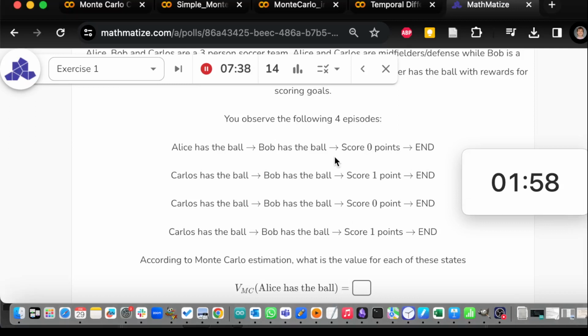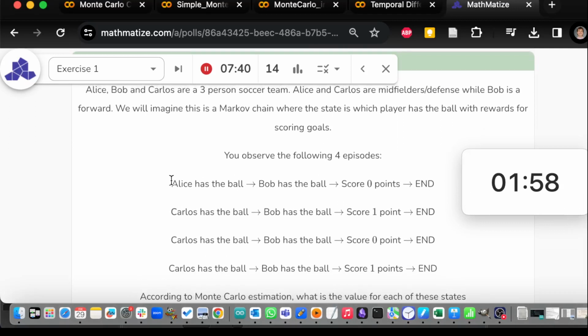So we have Alice, Bob, and Carlos. They're playing soccer. We saw 4 episodes of soccer. Like, imagine you're a talent scout, right? You're coming to the amateur soccer game, and you're going to recruit some of these players to be on your